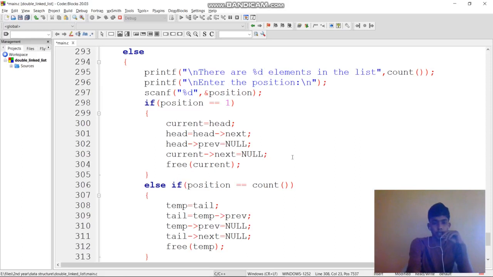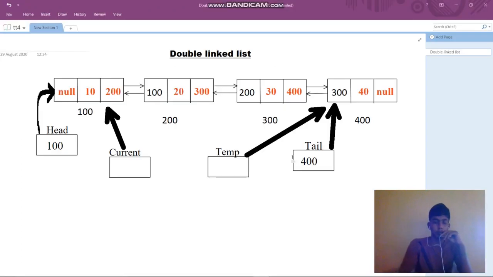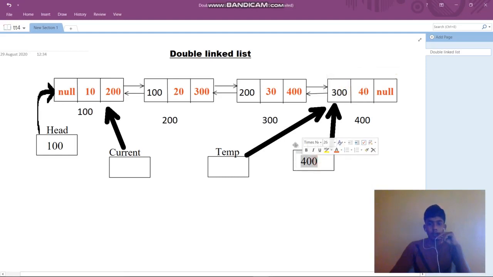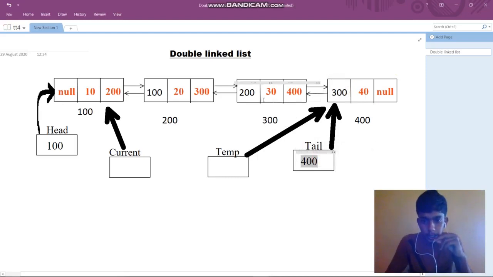Now tail equal to temp of previous. Temp of previous means 300, so tail will become 300. So tail is pointing to the third node, and temp is pointing to the last node.